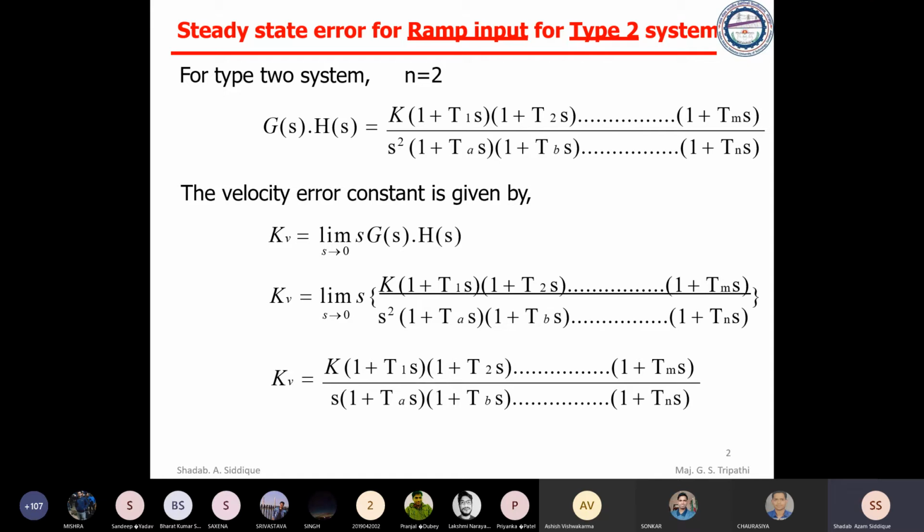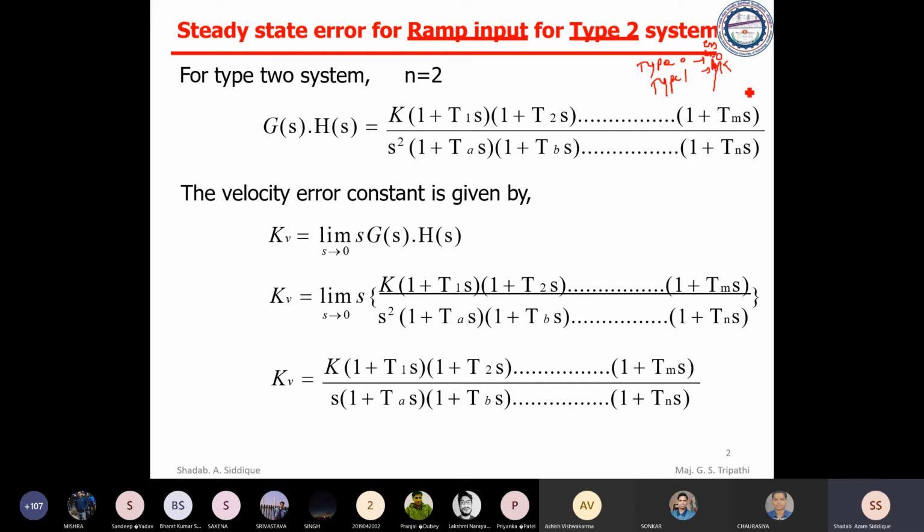So see, we have a steady state error for ramp input. We have seen the type 1 system. Now we'll check for type 2 system. For type 1 system, there was a finite error. What was the finite error in the previous slide? That was the error of 1 upon k. For type 0 system, ESS was 0. Sorry, ESS was 0 for type 0 system, and for type 1 that was a upon k. Okay. So now we'll check for type 2 system.